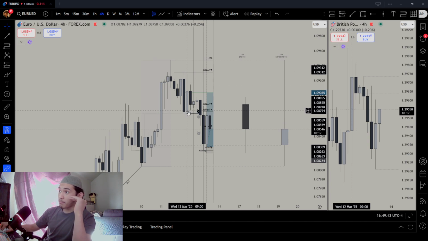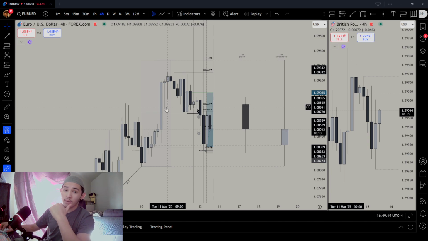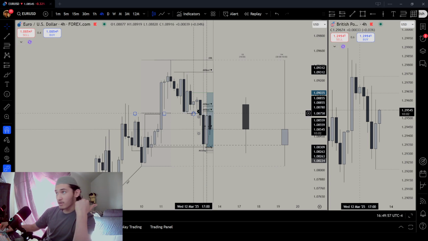And this is primarily the reason I was looking for a long here, right? Because of the range. Because I do not like to trade inside the range. I only like to trade once the range high or range low gets purged. If the opposite side of the range gets purged, I do not like to enter the trade. In this case, my side of the range got purged, so I'm looking for a trade here, right?